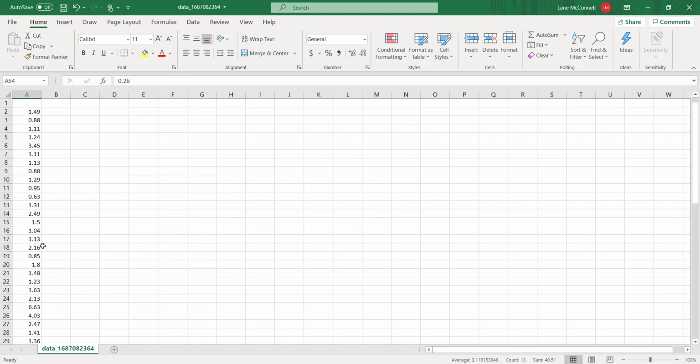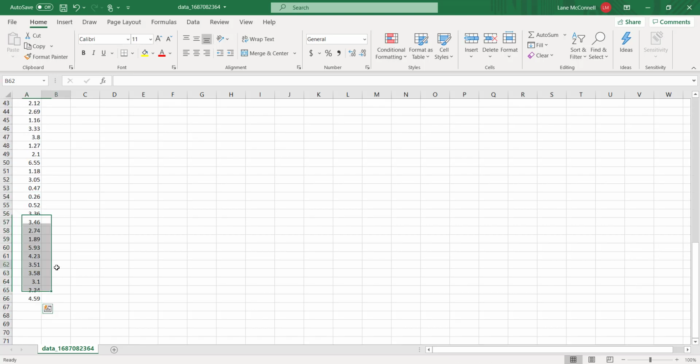And you can see it went from being 5 columns to now just one really long column with 65-some pieces of data in there. So there's our big long list. If I want to sort this data, which is going to be a useful tool if we are trying to do our frequency distributions to count how many values in this list fall between a certain range, all we need